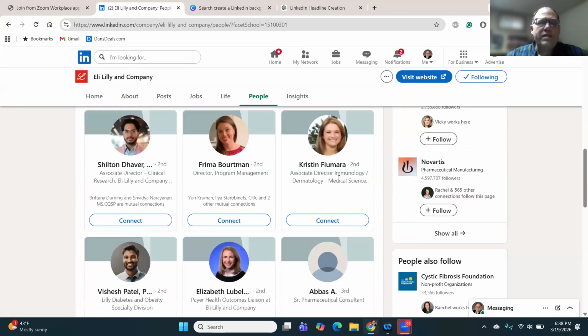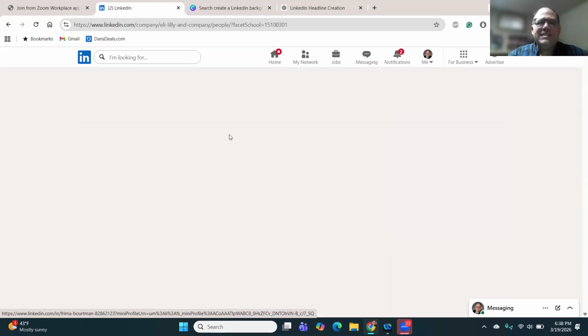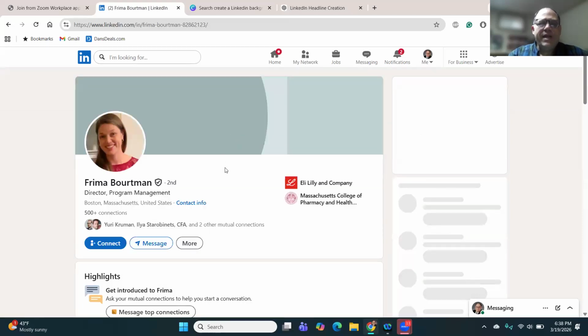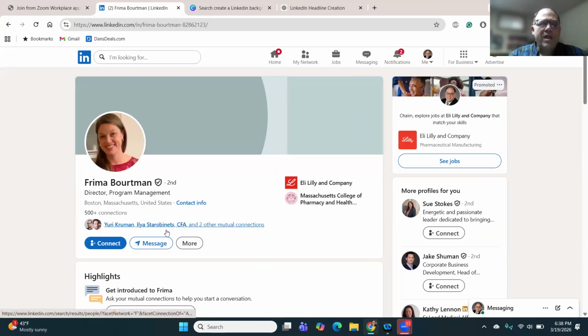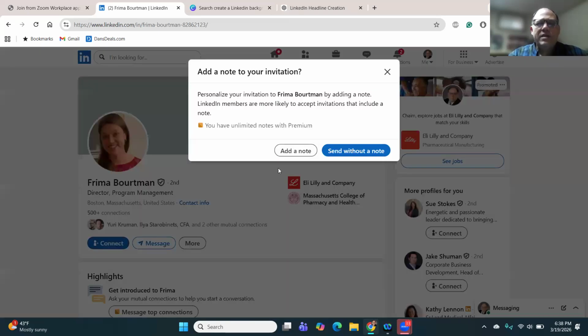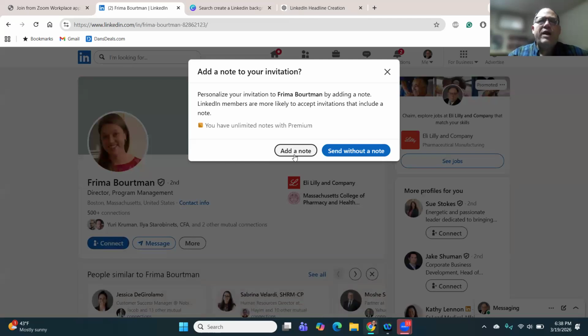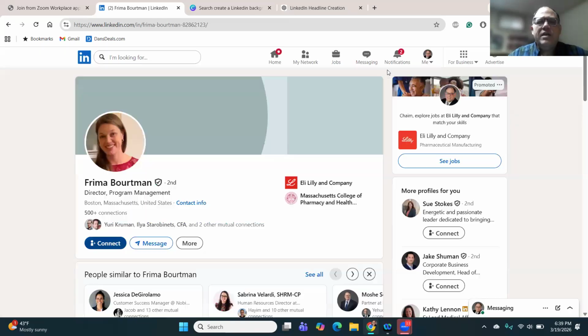Also, great opportunity because this actually shows me the alumni from your institution who are right here. And this is my opportunity to follow up with them. Somebody asked about connection requests, and we'll get to that in a moment. But when you hit the connect button, add a personalized note. One of the problems is LinkedIn has limited you to like 3 per month of that. But personalizing the note, hi from a fellow alum of the Massachusetts College of Pharmacy and Health Sciences. I want to reach out to you about the application process at Eli Lilly or something like that, and add that note when you send it, because that'll make it much more likely they're going to receive that.